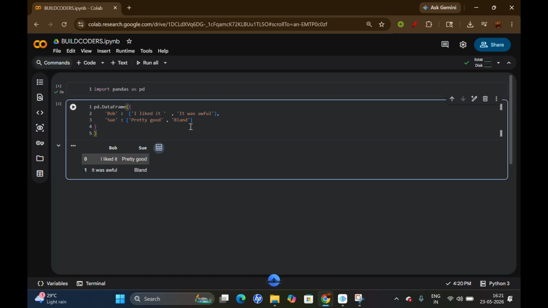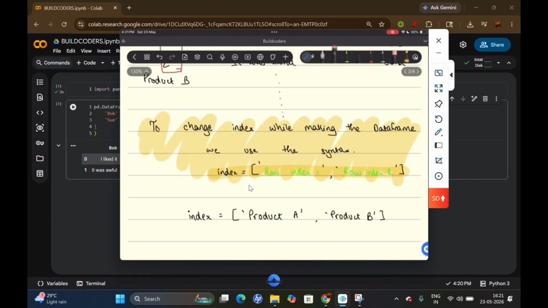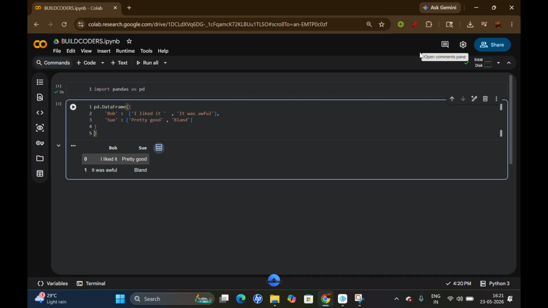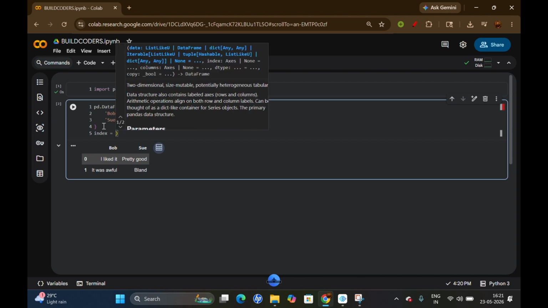We are going to write the index, the new thing which we have just learned, outside the dictionary, because it is not part of the dictionary. The indexing we are doing is not something that we have to store values about, right? So we will do something like this: index equals to